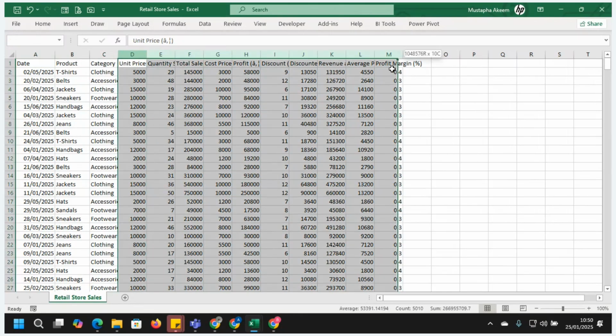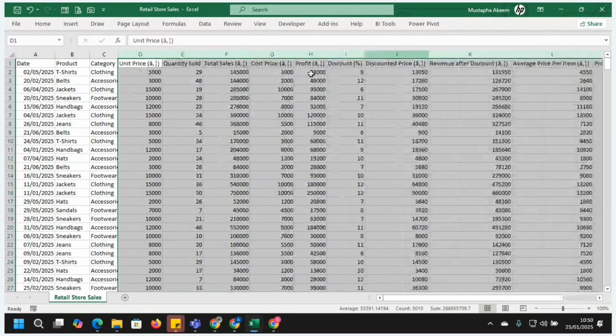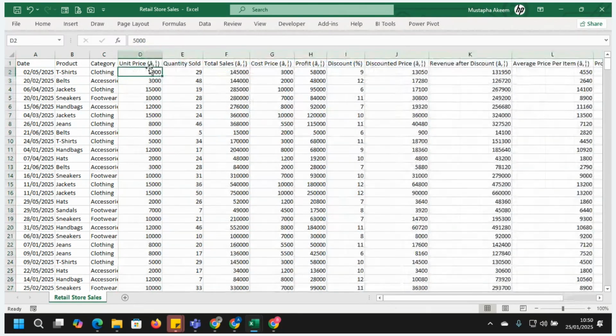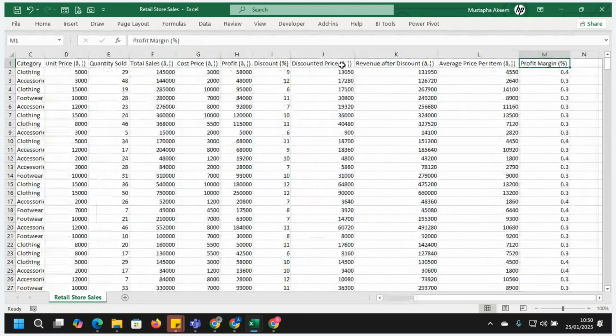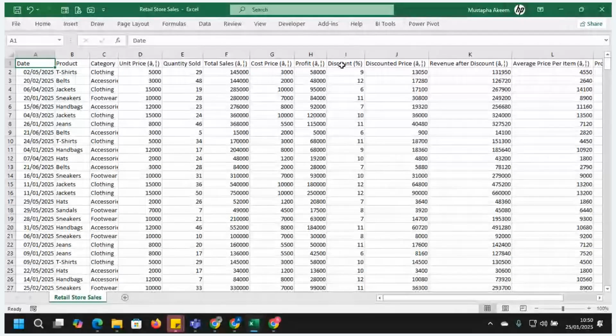Okay, let me quickly expand this. We have unit sales, quantity sold, total sales, cost price, profit, discount in percentage, discounted price, revenue after discount, average price, and the profit margin. These are the columns we have in this data set.